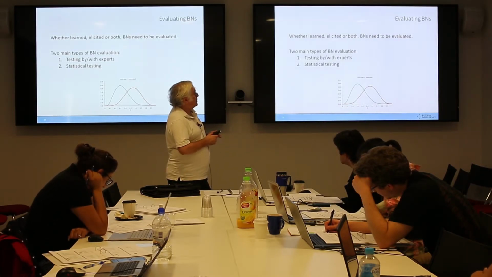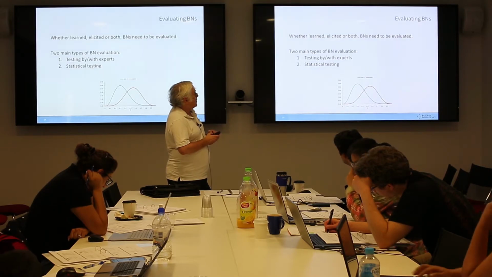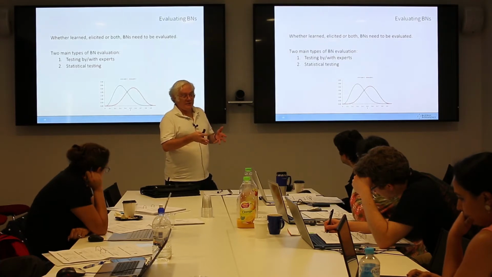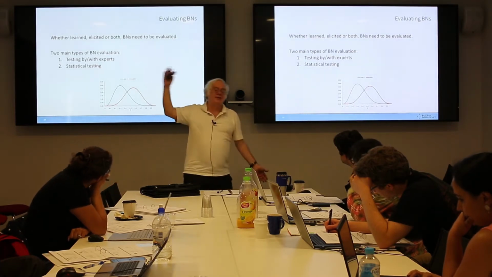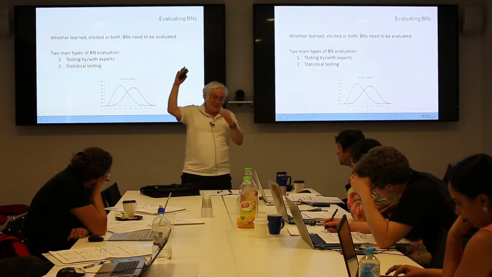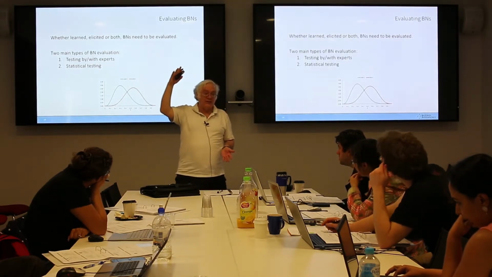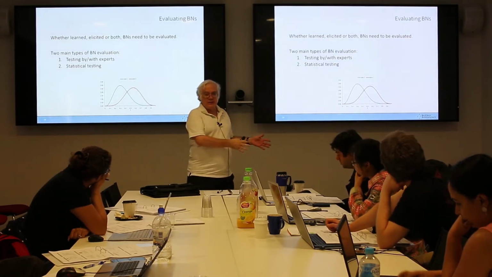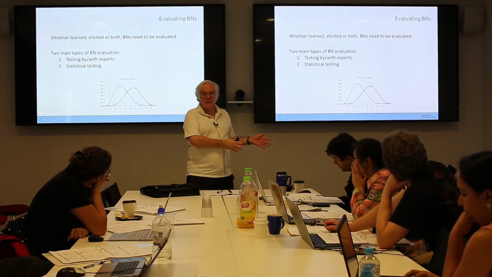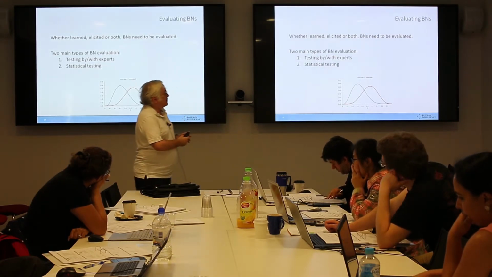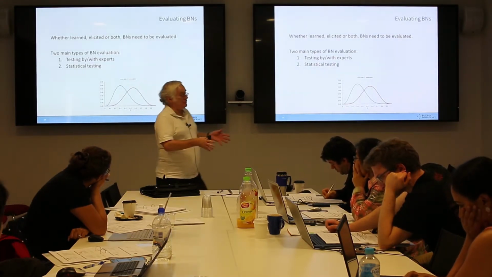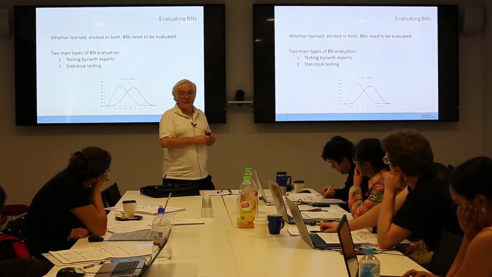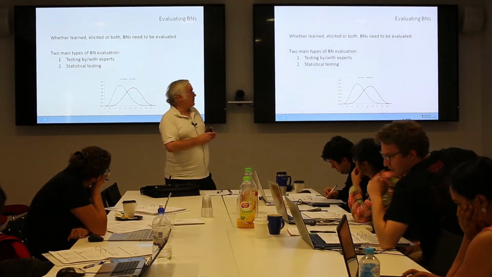When you're talking about data mining, it's usually with data. So comparing a learned network. Suppose you have some data set. The typical approach in data mining is you divide it into two sets, a training set and a test set. So you learn the network from the training set, and then you see how good a job some method has done using the test set. And how do you assess it from the test set? The usual approach is to look at predictive accuracy and related measures. So I'll talk a little bit about that.